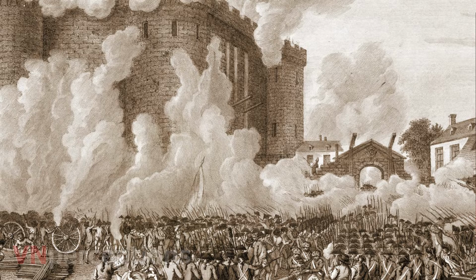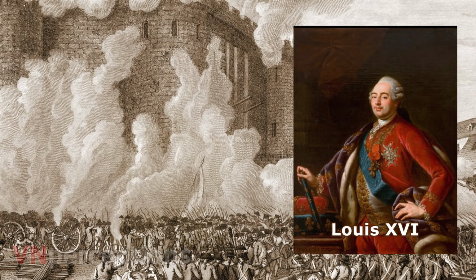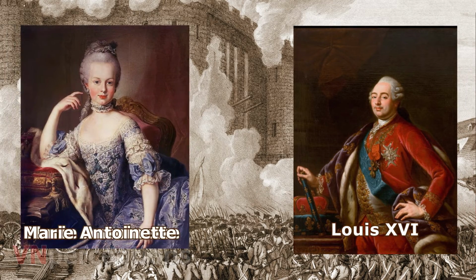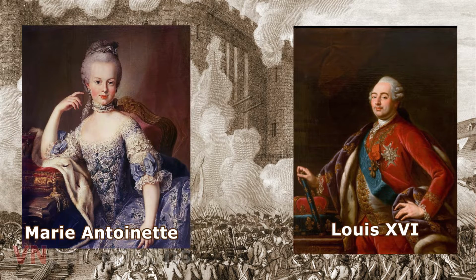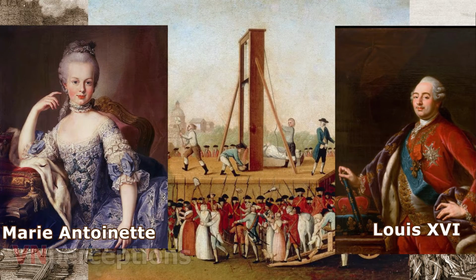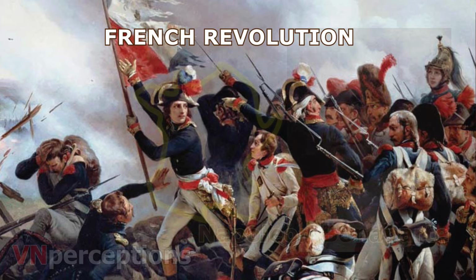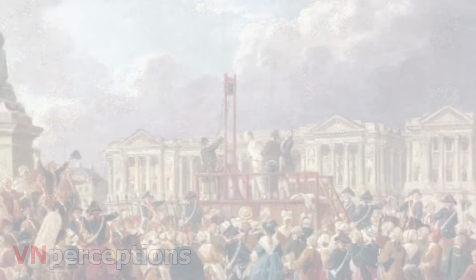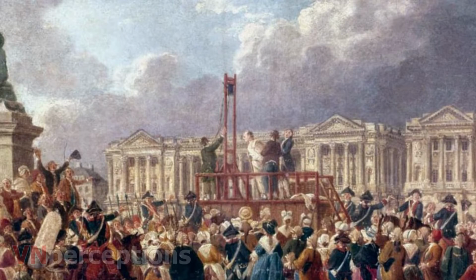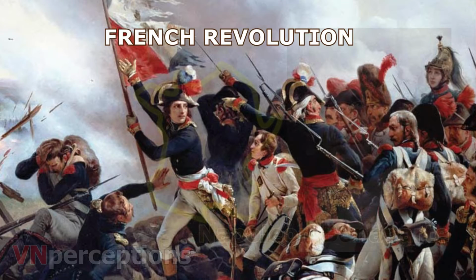The upheaval was caused by widespread discontent with the French monarchy and the poor economic policies of King Louis XVI and his wife Marie Antoinette, who met their death by guillotine. Although it failed to achieve all of its goals and ended with a bloodbath, the French Revolution played a critical role in shaping modern nations by showing the world the power that is inherent in the will of the people.